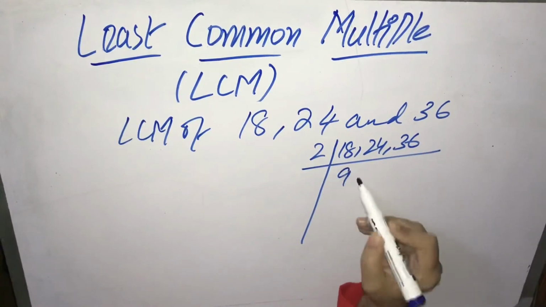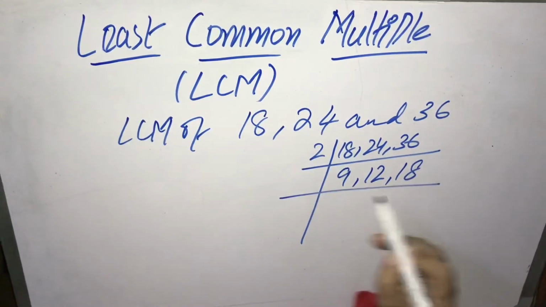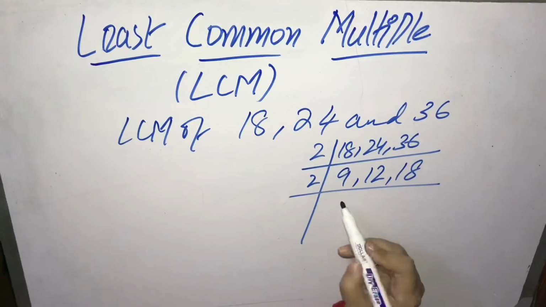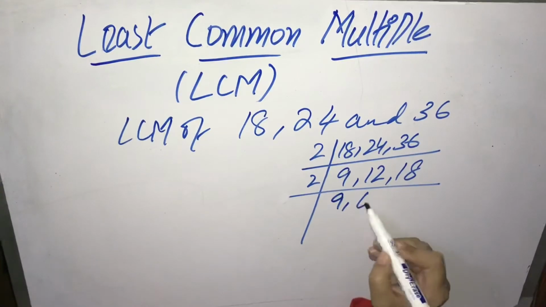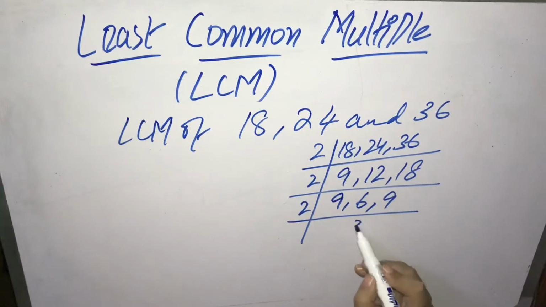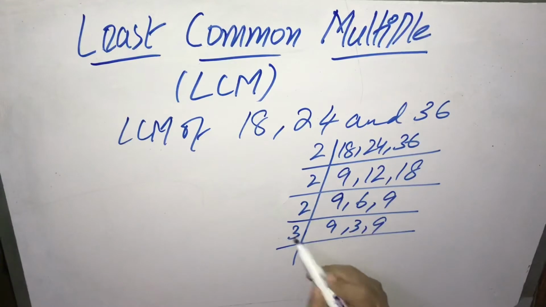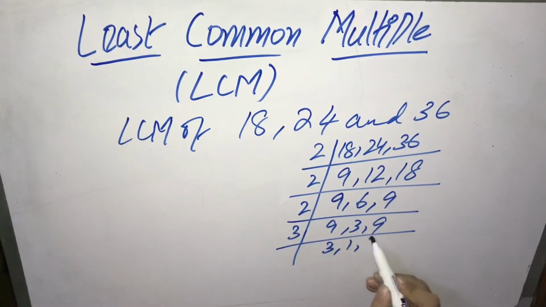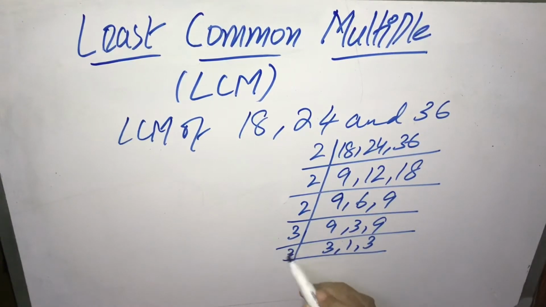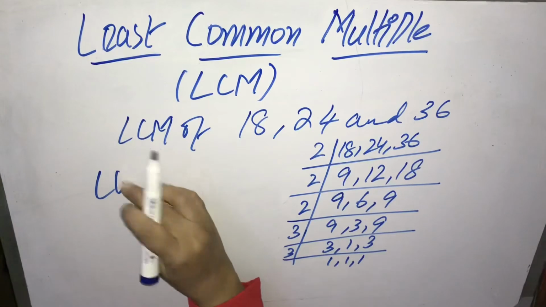2 9s are 18, 2 12s are 24, 2 1s are 2, 2 8s are 16, 2 again 9 as it is, 2 6s are 12, 2 9s are 18, again with 2 as it's even, 2 3s are 6, 9 and 9. Now with 3, 3 3s are 9, 3 1s are 3, 3 3s are 9, and finally once again with 3. The answer is, LCM is